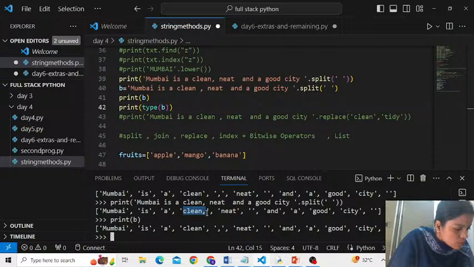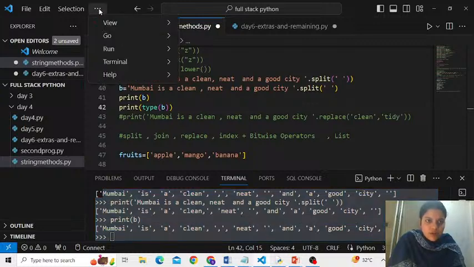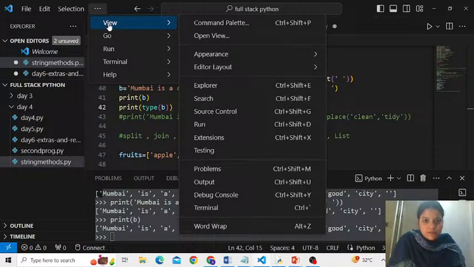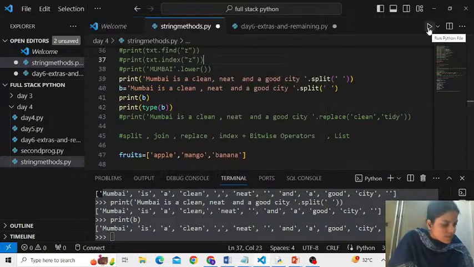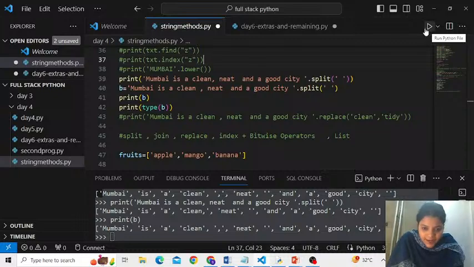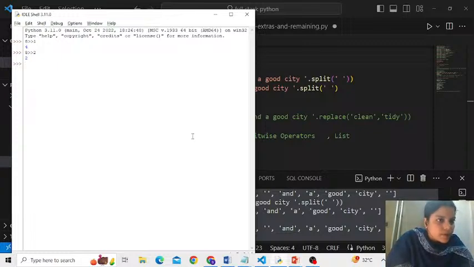How to see the output in the terminal. Navin, this is the terminal only, no? If you don't know how to open this terminal box, you can always do it like this: view, terminal. And you don't have to come till here. Even if you click on this button the first time, it opens the terminal. And if you're talking about the Python IDLE terminal, this is always a terminal. I hope you got my point. Like if I say apple, banana, split. I don't know if this is what you're asking.